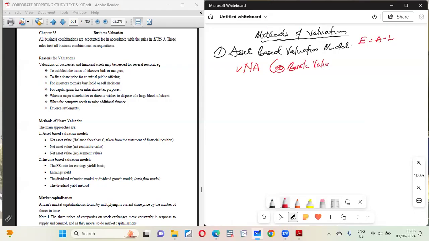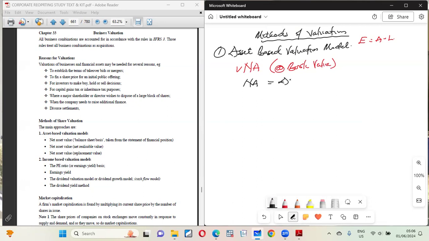At book value. What is book value? Book value simply means carrying amount. In times past, we used to call it the net book value. So that is what you actually see in the financial statement, the net book value or the carrying amount. So under this methodology, if you are looking for your net asset, which is your equity, the net asset is